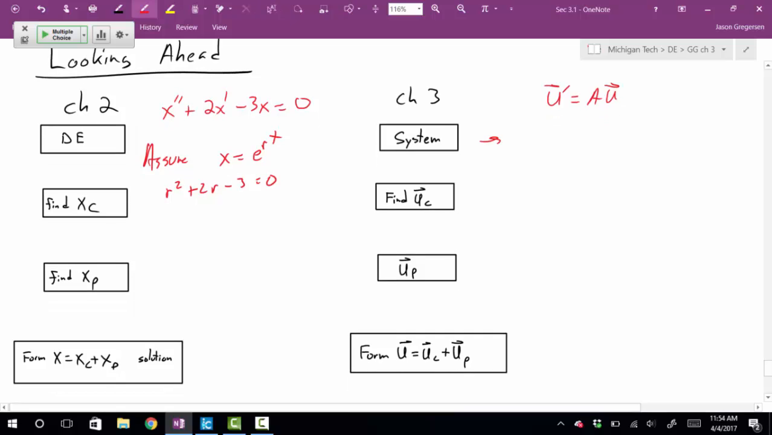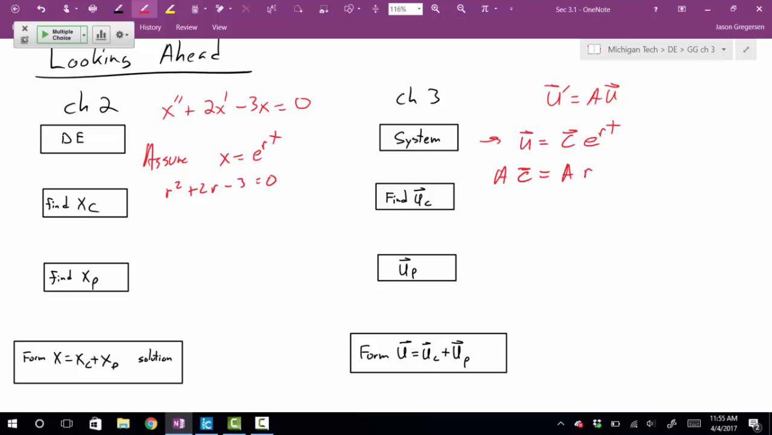All we're going to do is assume that u looks like, boy, I don't know, how about some constant, but probably a constant vector now, e to the rt. That seems like a reasonable assumption. And we're going to take the derivative and we're going to plug this in. But when we plug it in, we're going to get a different kind of equation. We're going to get an equation that looks like this. It's going to look like A times c equals